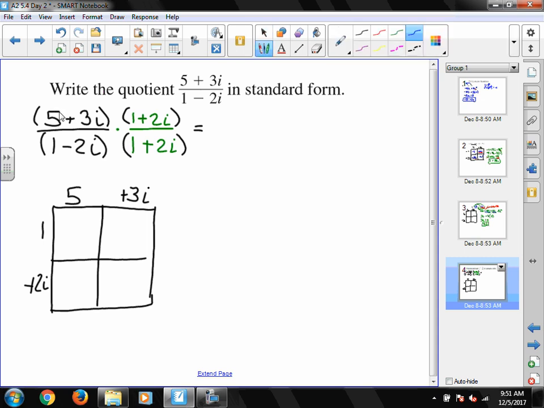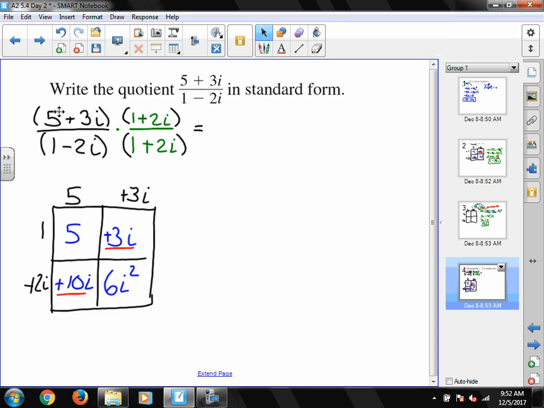And I end up with 1 times 5 is 5. 1 times 3i is 3i, positive. And 5 times 2i is going to give me a positive 10i. And 2i times 3i is going to give me 6i squared. So the numerator of this, after we collect some like terms, the 10i and the 3i, is going to be 5 plus 13i